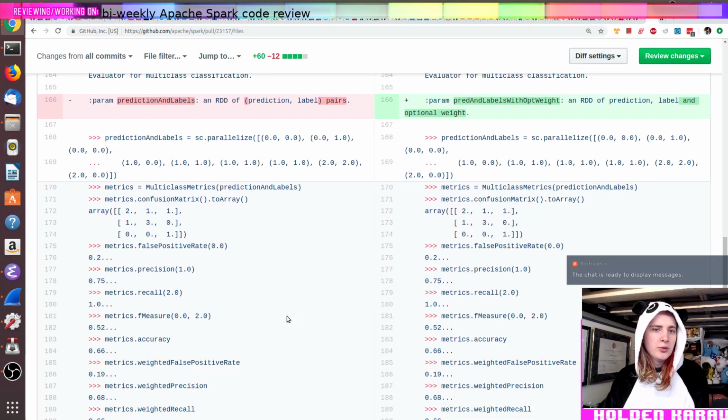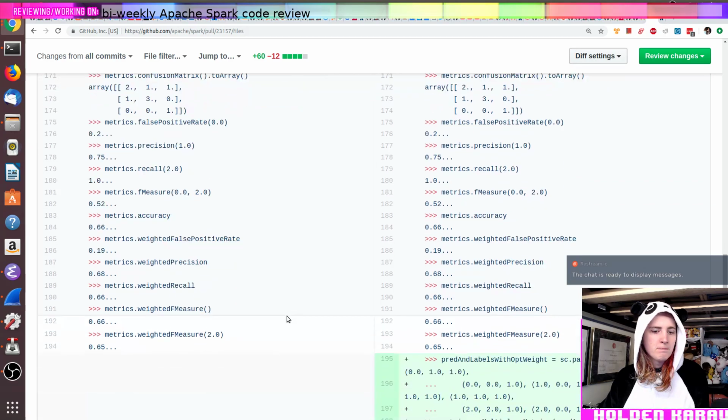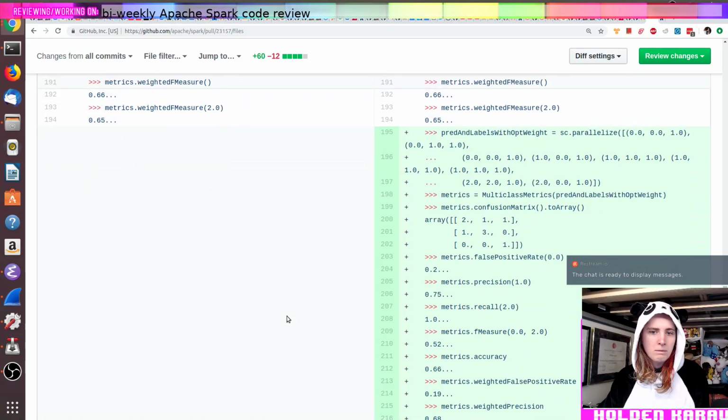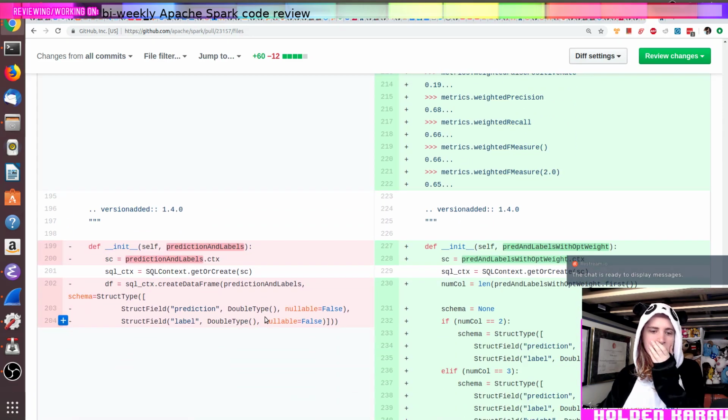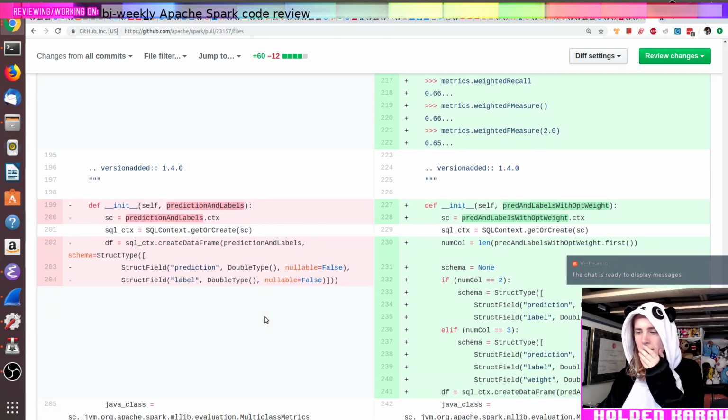Pred and labels with opt weight. Oh, was this a name? Oh, I hate API changes. I mean, I don't. It's more just... API changes are frustrating.